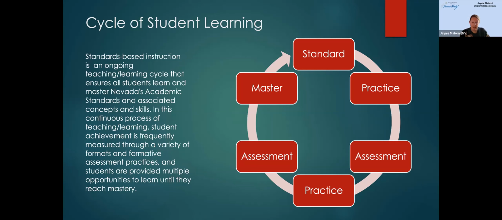Not only do we as educators need to see growth in our students, but our students need to see growth in themselves. And here's a great idea where we start to teach our kids how to actually identify even gaps or growth, and then have them be able to interpret what that looks like and what that means, and then what they need to do to help master that standard. The teacher's role then is to help facilitate that, right? How do they actually help facilitate that learning growth within those students?